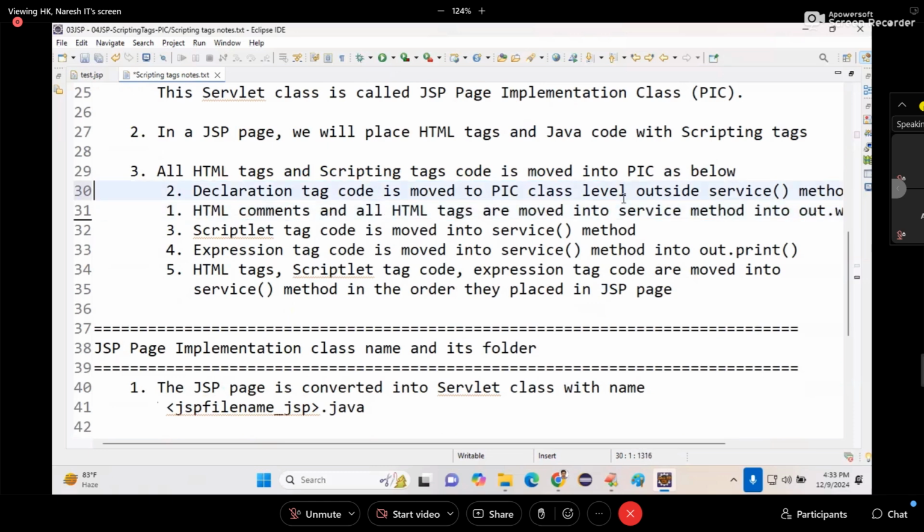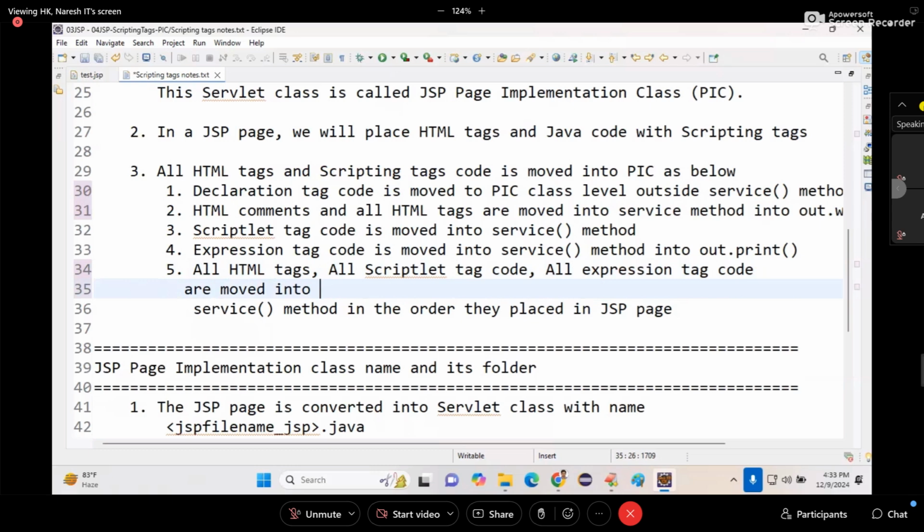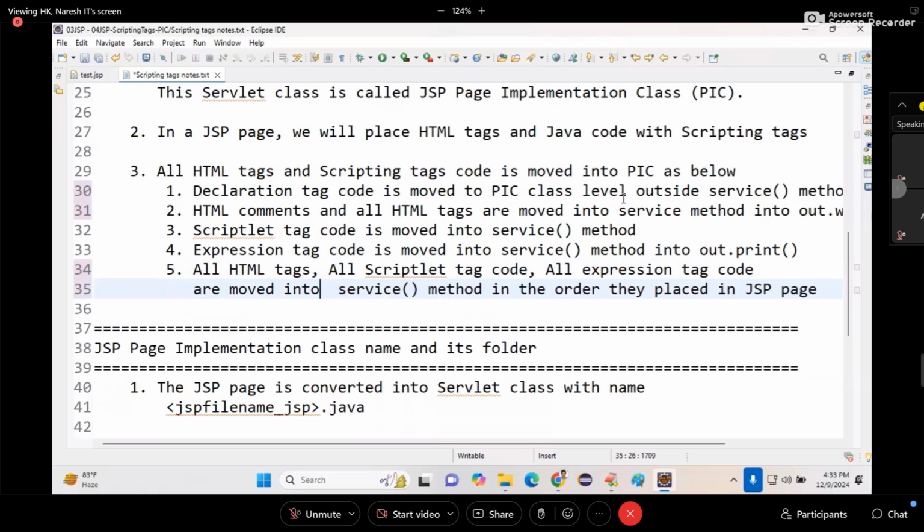Okay, let me take the first one. This declaration tag code is moved into PIC class. Number 2, HTML comments and all HTML tags are moved into service method. Scriptlet tag is moved into service method. Next, expression tag is moved into service method. All HTML tags, all scriptlet tag code, all expression tag code are moved into service method in